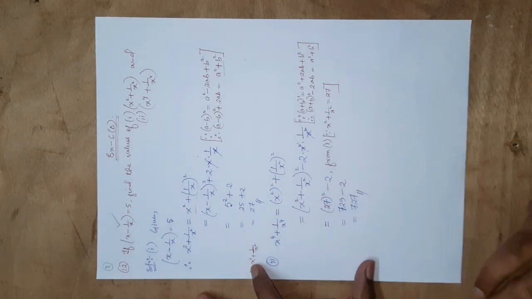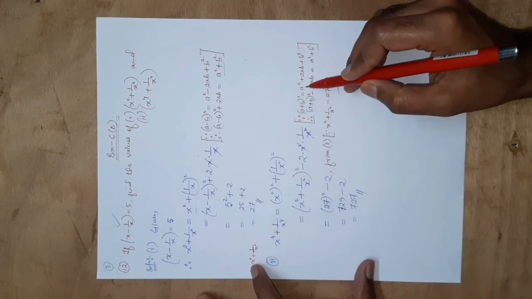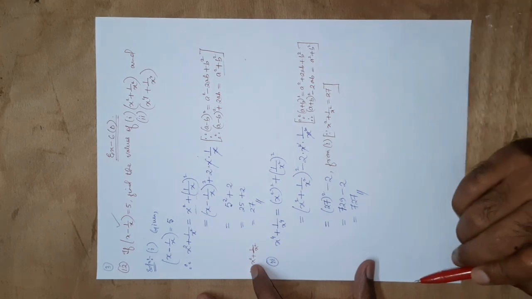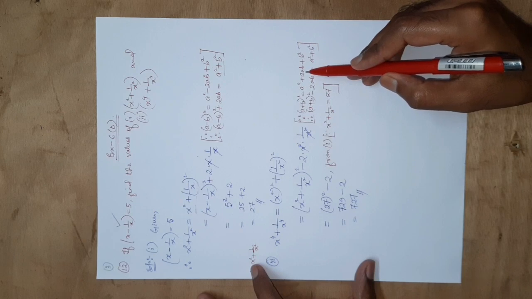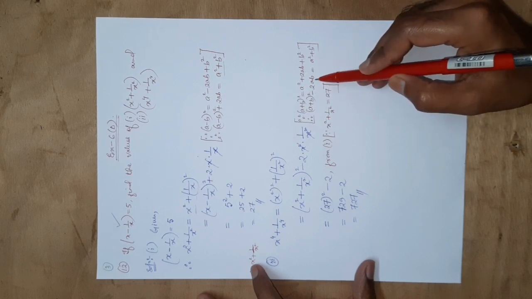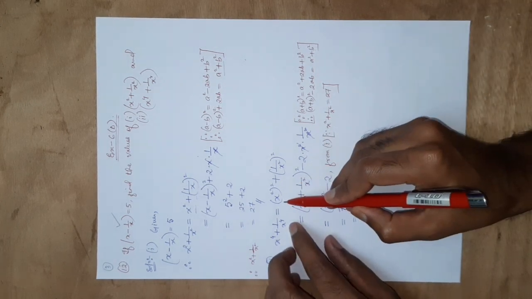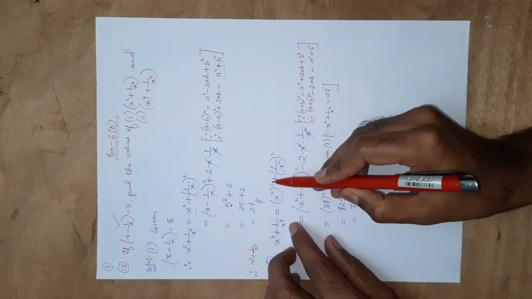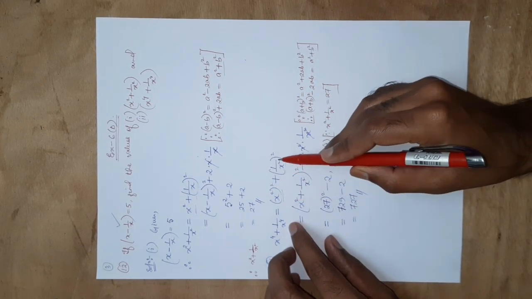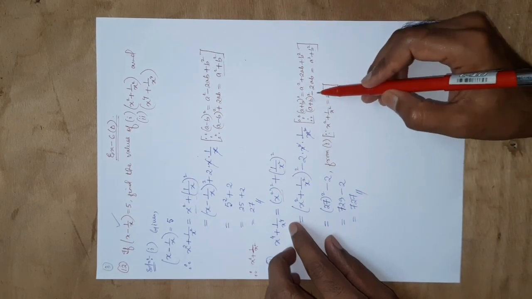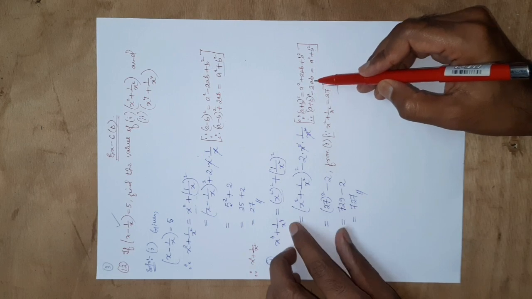Okay, so how can I convert? Here we have another identity, a plus b whole square, which is a square plus 2ab plus b square. In a similar way, if I transpose this plus 2ab to the other side, it becomes minus 2ab. What remains? a square plus b square. In this question, if I consider this as a square and this as b square, what do I have on the other side? a plus b whole square minus 2ab.